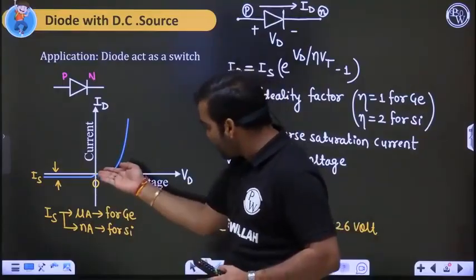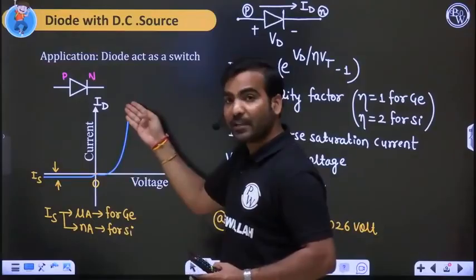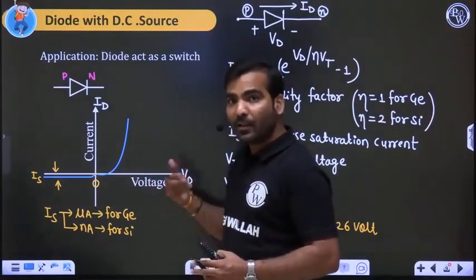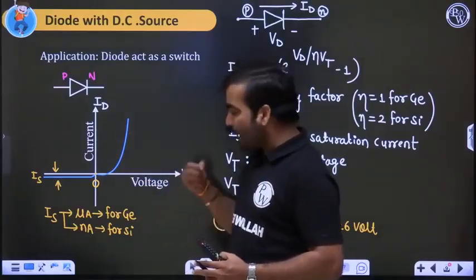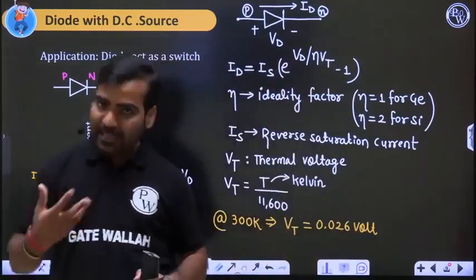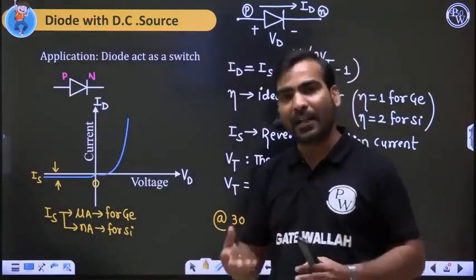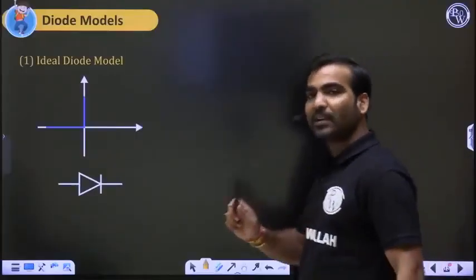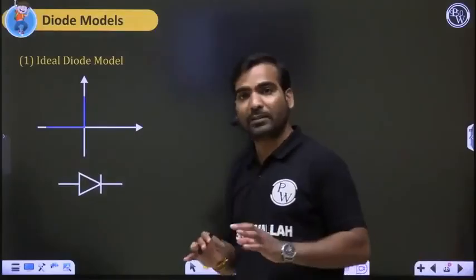No doubt, practically, or 100% we can say, the diode is exponential. But what are the possible assumptions we can take, or possible approximations we can have? We will have three approximations. One is the ideal diode approximation, second is the cut-in voltage approximation, and third one is another approximation. One by one, to convert the diode characteristics into some linear type of characteristics, we are doing some approximation.